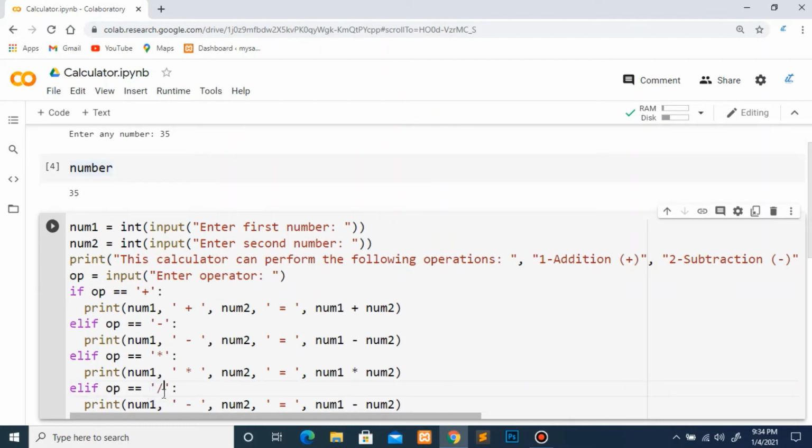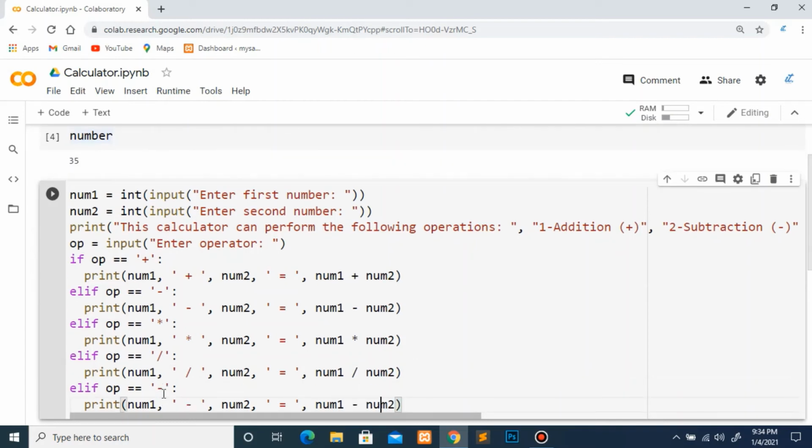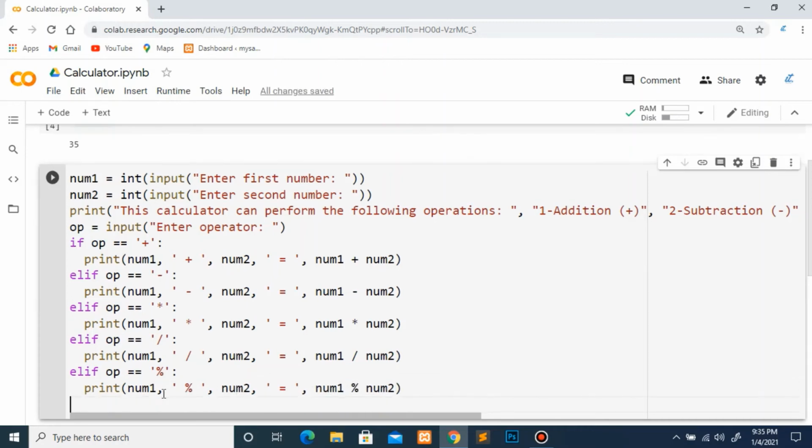Then division, and the last one is modulus. I will just replace this minus with a percentage, which is the symbol of modulus in Python.